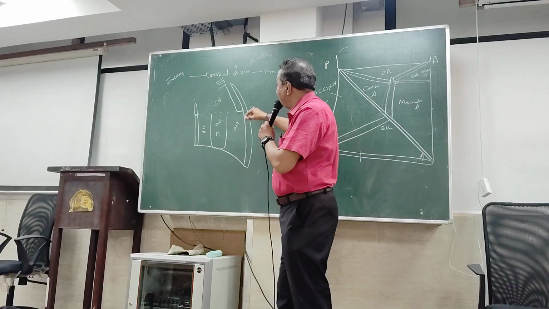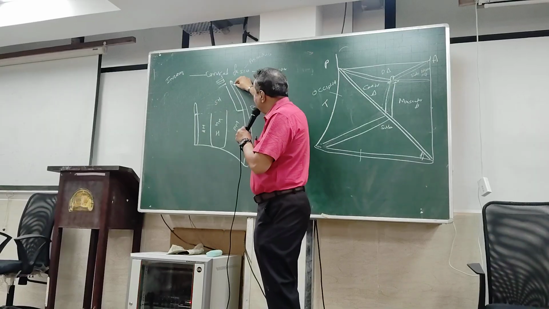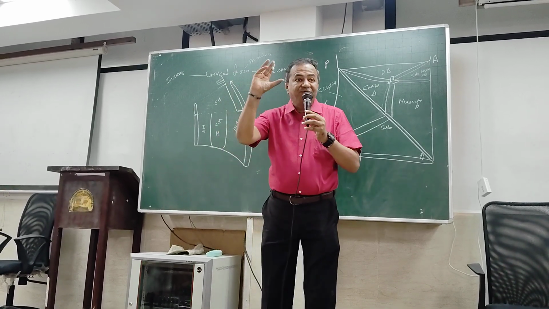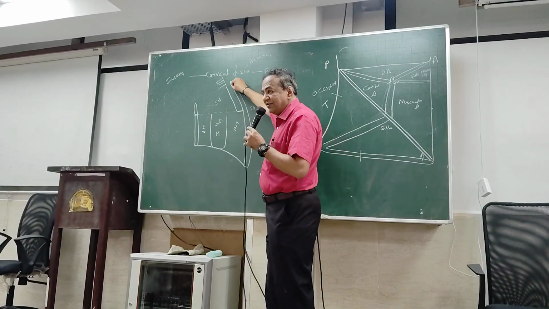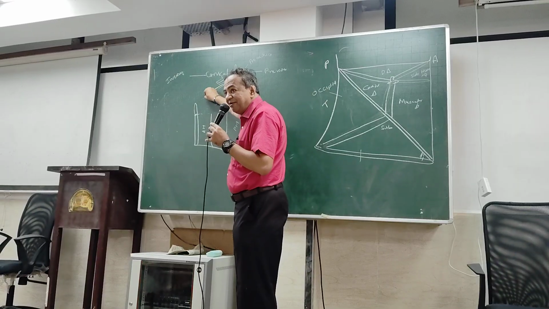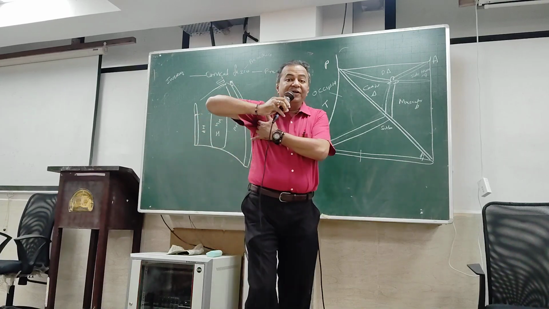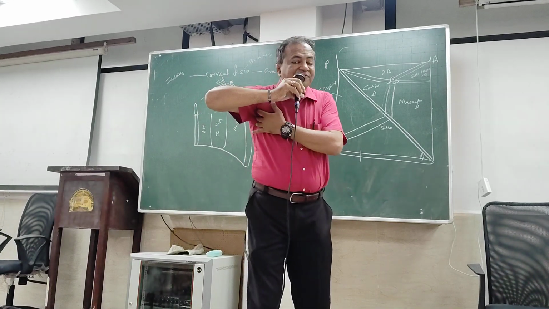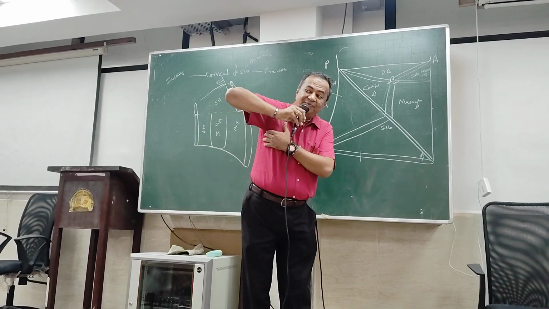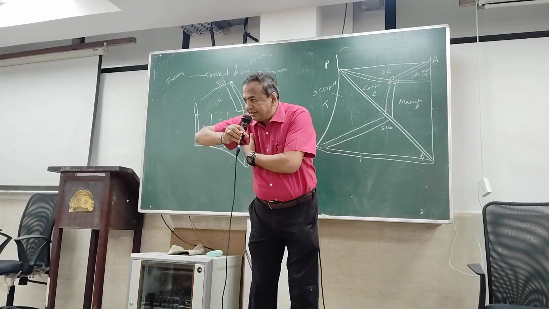Now if somebody gets tuberculosis of the cervical or the upper thoracic spine, there is pus formation here. This pus will pass through this sheath covering the brachial plexus, the axillary sheath, and the pus will appear here in the axilla. The patient will come to you saying that there is pus here. And if you have missed today's lecture,